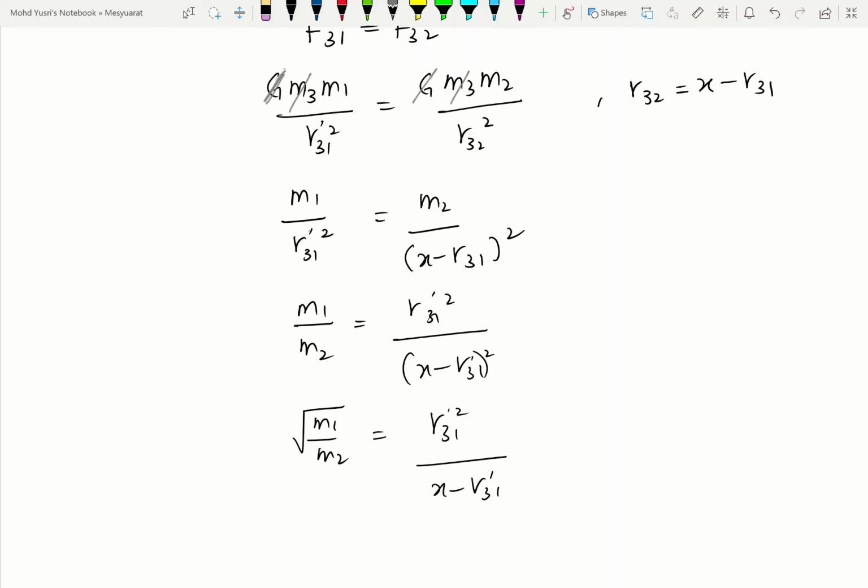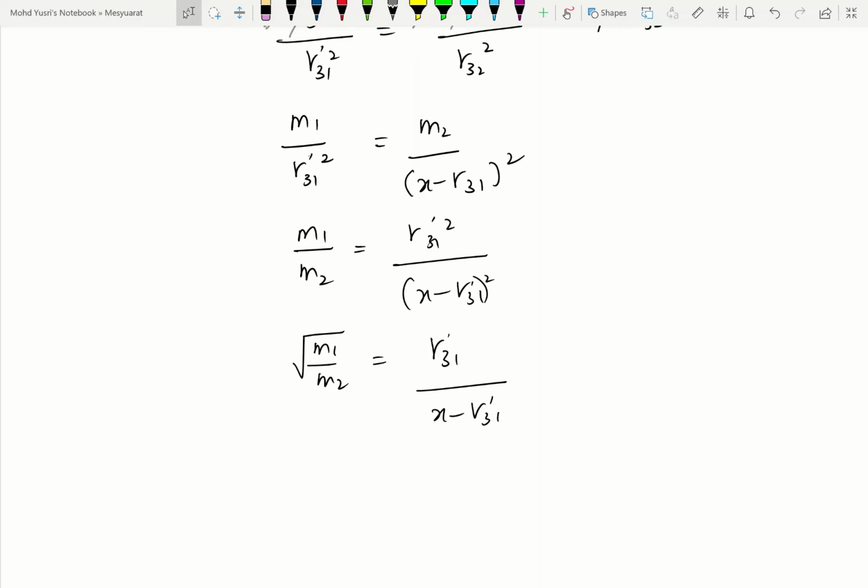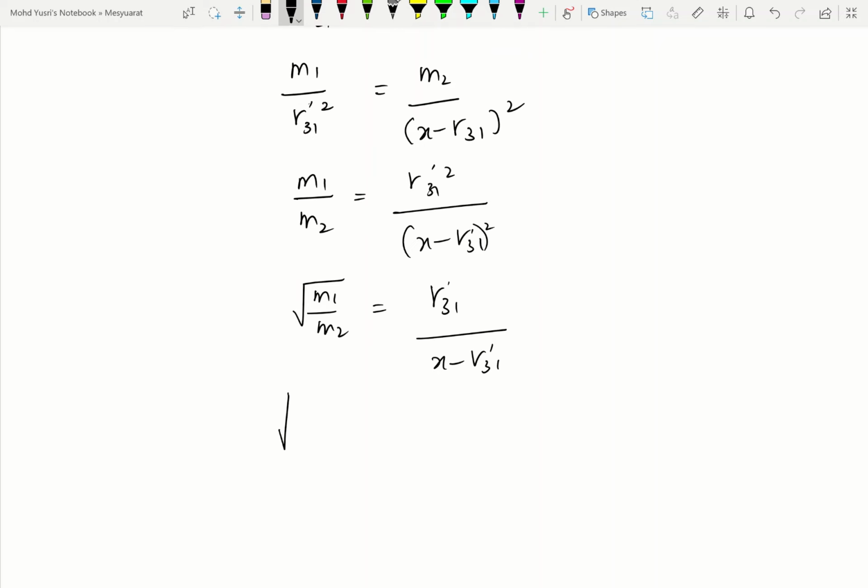Sorry, square dah tak ada. Okay, square dah tak ada because we square root both sides. So daripada sini kita boleh masukkan value untuk dapatkan R31. Okay, so kita akan ada square root of M1, mass of the earth 6 exponent 24, over M2, mass of the moon 7.4 exponent 22. That is equals to